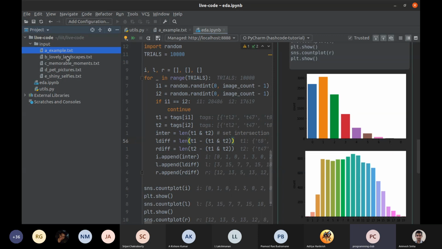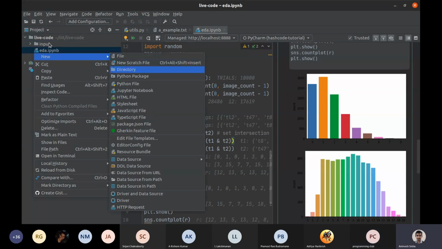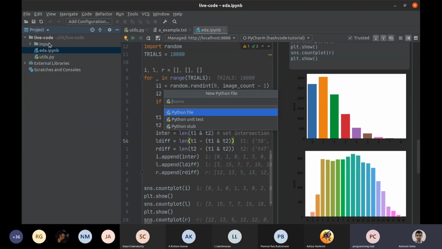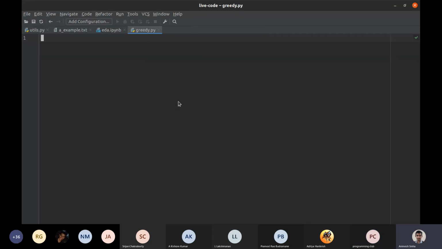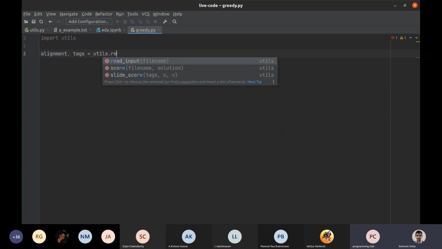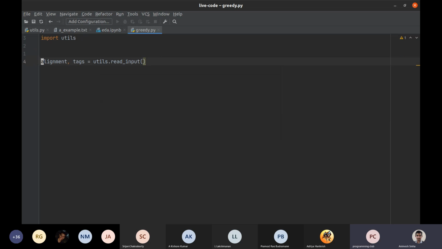Anyway, we'll get to coding now. So let's plan that in the next 20 minutes or less, let's try to get a fast greedy up, because we have already gotten the idea that our problem has reduced from trying to minimize all of set intersection and difference to just trying to maximize set intersection. I hope everyone gets this.